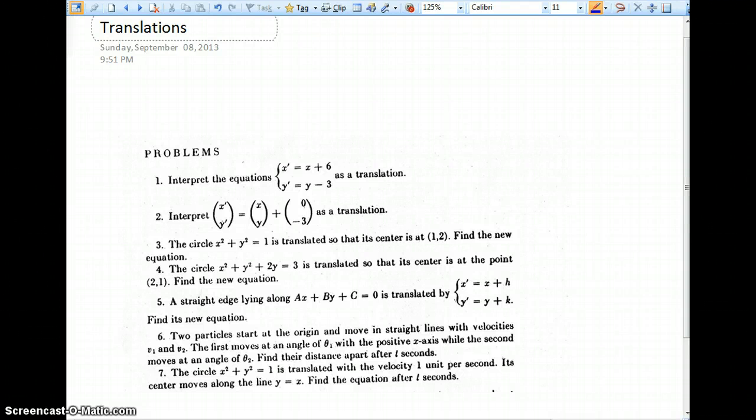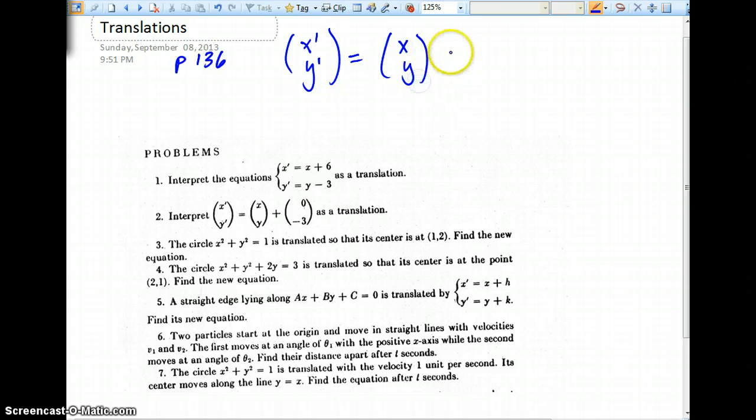Today we're going to be talking about geometric translations, and we're looking at our note packet. If you'd refer to page 136, these transformations that we're going to be studying are generally written in matrix form. And what we'll be doing is looking at how ordered pairs, how our typical points, will be transformed. A translation is going to be a shift, a movement right and left,